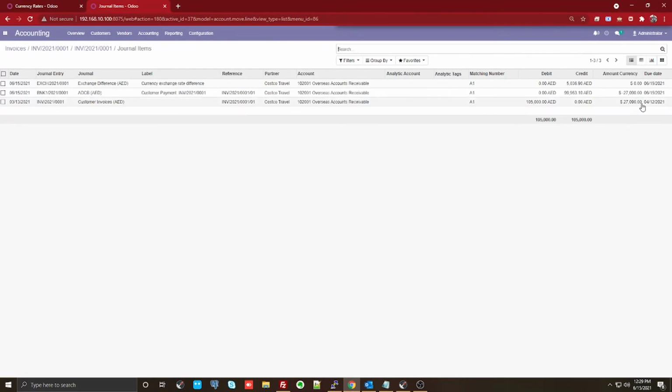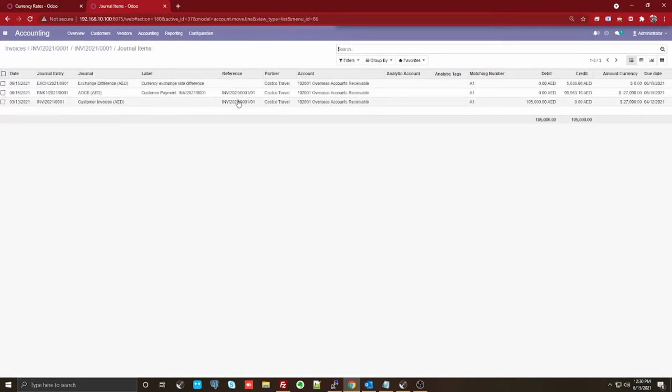So if you look at the price point of March 13th, it is 105, but when you're trying to make the payment, it is 99,000. So you have an exchange variation of 5,000.